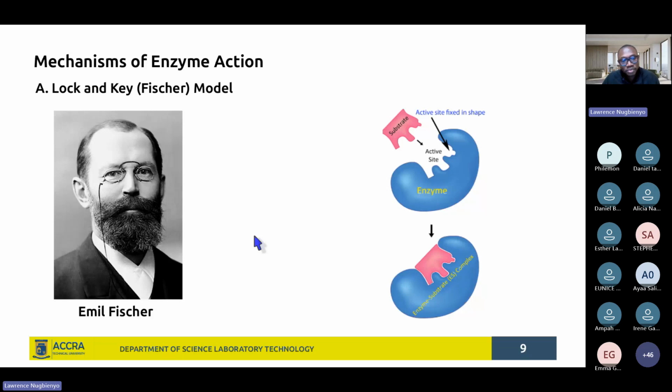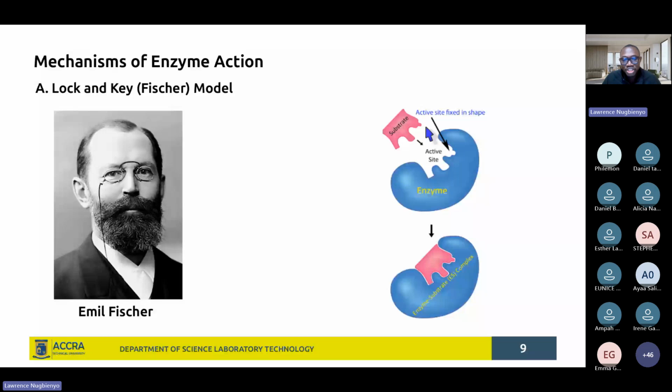And this was a model that was proposed by Emil Fischer. He's a German chemist. Actually, he was a Nobel laureate, I think in 1902, 1903, somewhere around that time. Well, he proposed the idea that substrates and enzymes